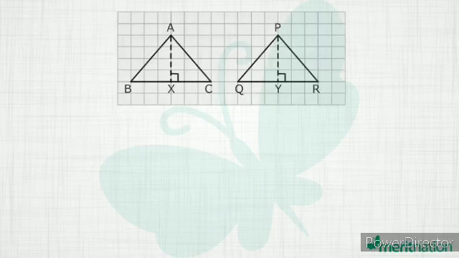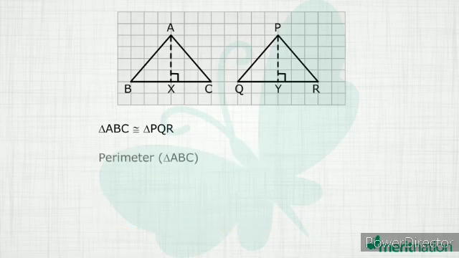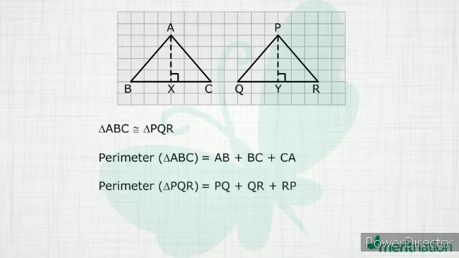Now this is our squared sheet, and these are our two triangles, ABC and PQR. They have equal areas and we've drawn them to be congruent. Congruent triangles will always have the same area anyway. What about the perimeter? Perimeter is the sum of the three sides, AB plus BC plus CA, and in the case of PQR, it is PQ plus QR plus RP. Since the two triangles are congruent, their sides are equal, so the sum of the sides will obviously be equal. They will have the same perimeter.